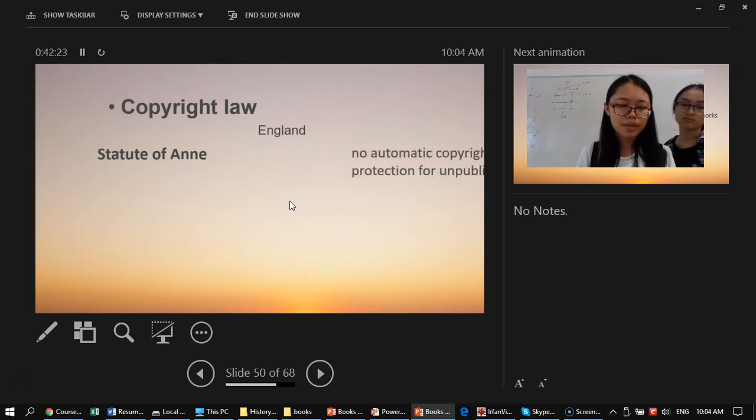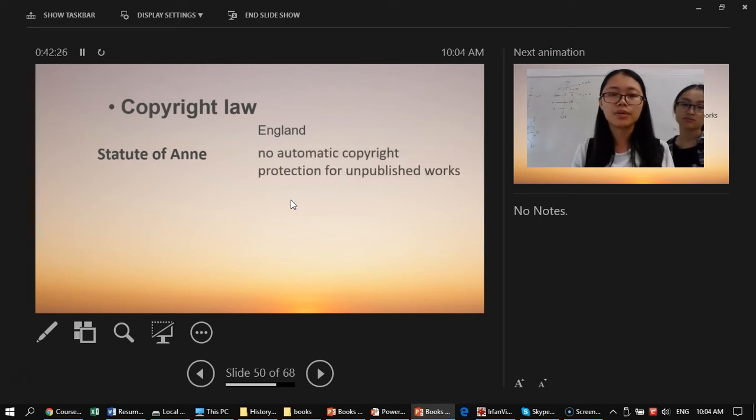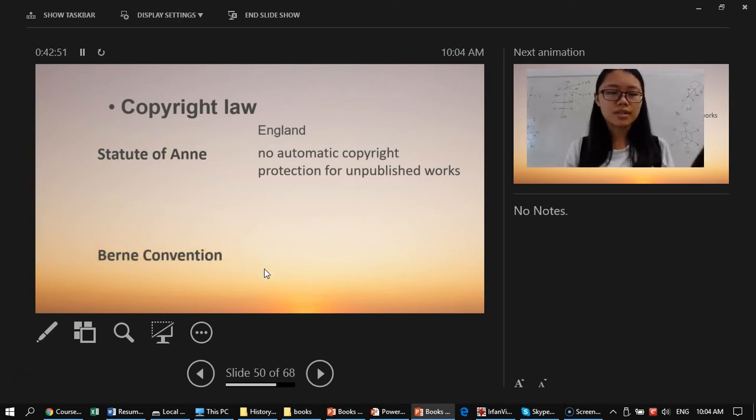There was no academic copyright protection for unpublished works. But it is hard for everyone to publish the things they write, and people from different countries had different laws to protect their articles until the 19th century, which caused many problems. So, in 1886, the Berne Convention was introduced to provide mutual recognition of copyright between nation-states and to promote the development of international standards for copyright protection.